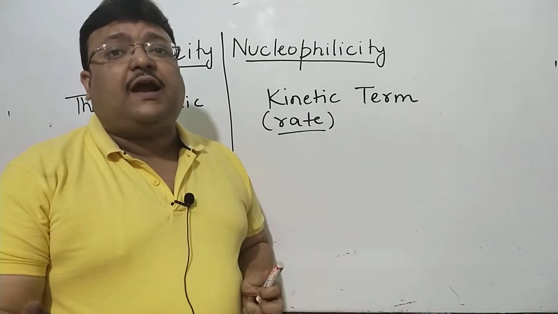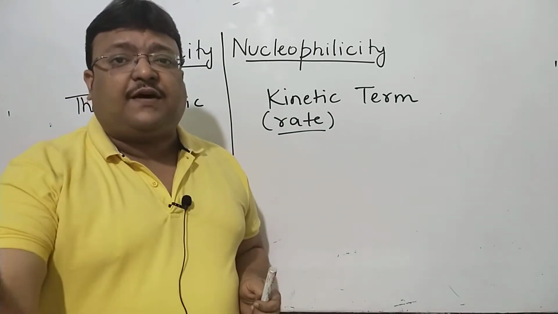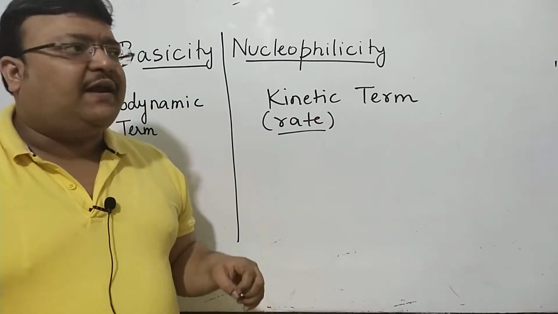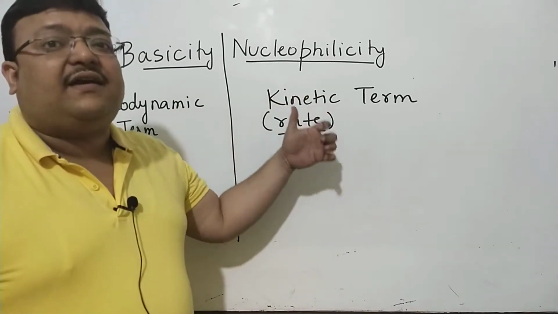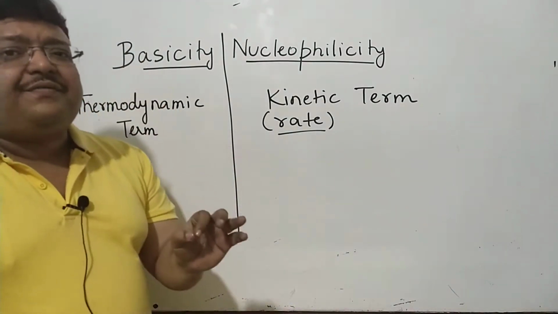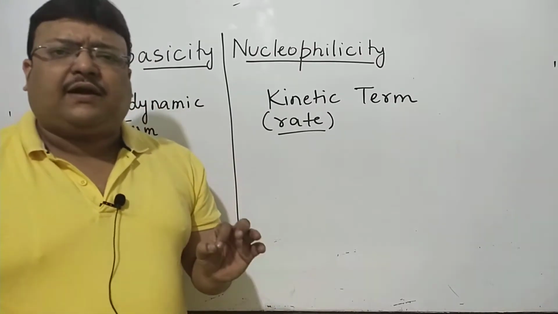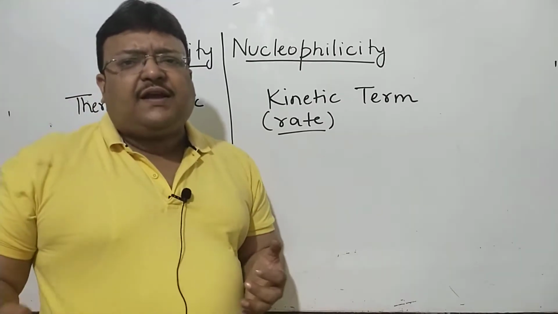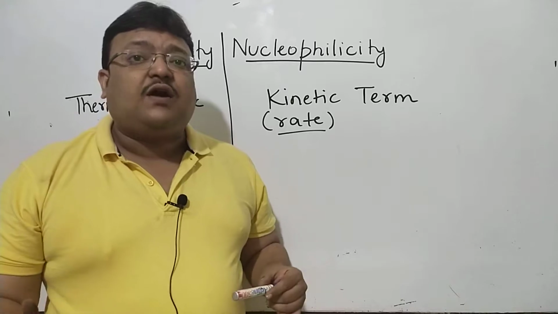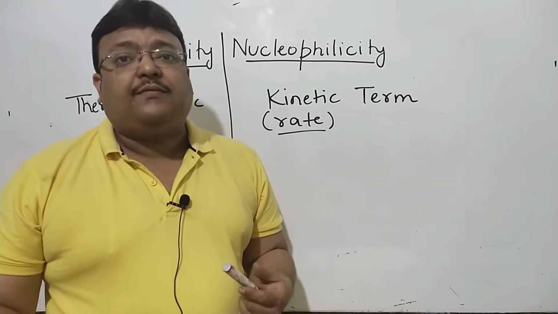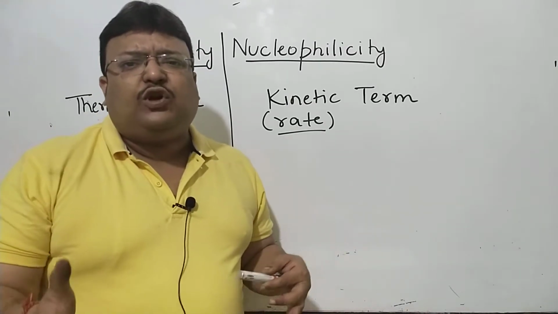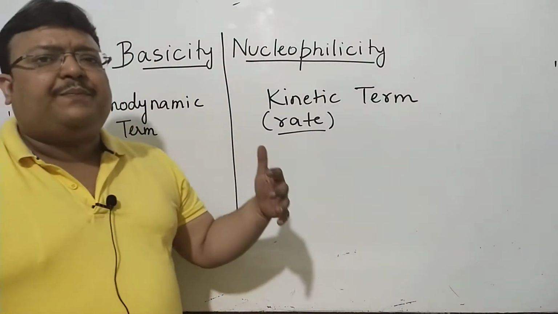A stronger nucleophile reacts faster. A weaker nucleophile will have lesser rate. So a stronger or a faster nucleophilicity is in terms of kinetics. A stronger nucleophile will react quicker, whereas basicity and acidity are thermodynamic terms. So a strong acid or a weak acid is not differentiated upon the rate at which it gives H+. You might recall a strong acid will give you more H+. A strong base will react with more H+. So a strong acid will give you more H+, a weak acid will give you less H+. So it's to the extent the property is displayed.